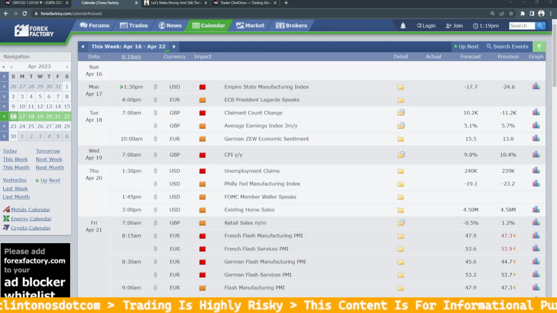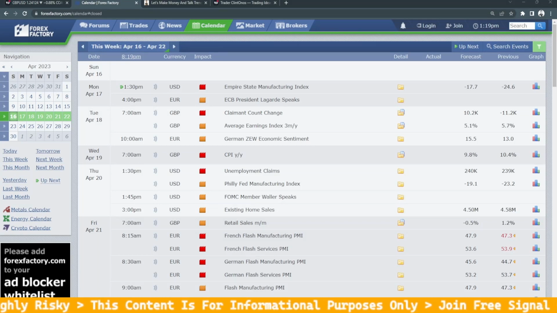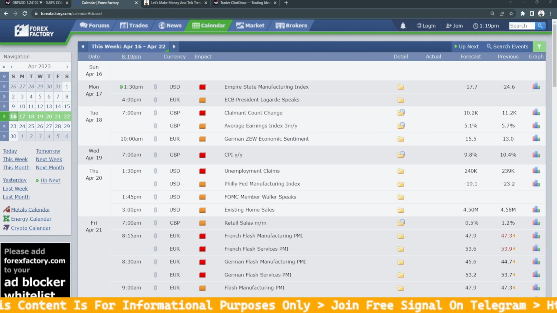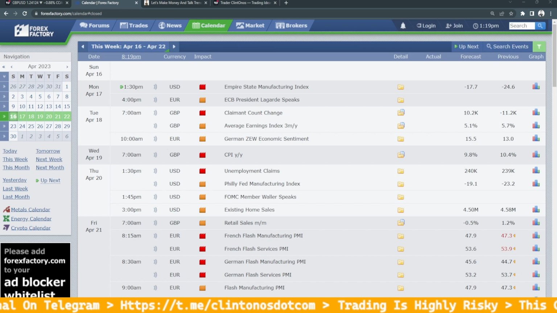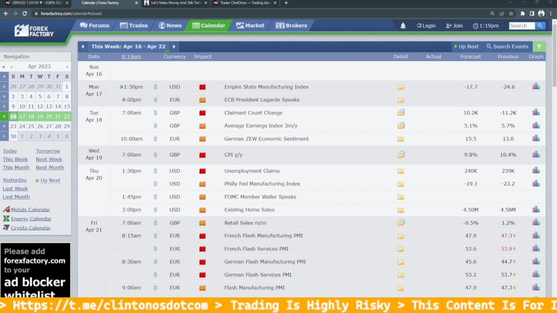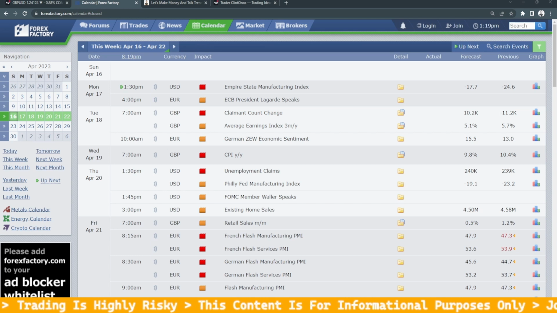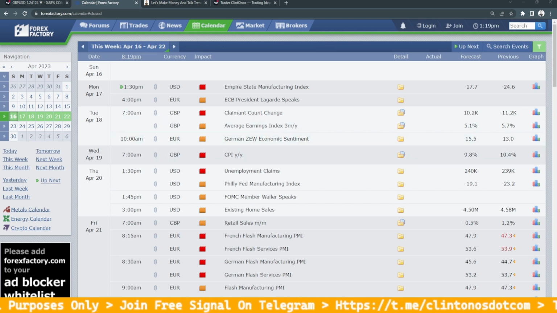Alright, so guys, on Monday, the US dollar is expecting the Empire State Manufacturing Index. President Lagarde will speak. That's going to affect the euro dollar, and of course the pound dollar. We have the claimant count change. That's of course the job number. That is going to lead to volatility, and of course average hourly earnings, expecting the number, and CPI